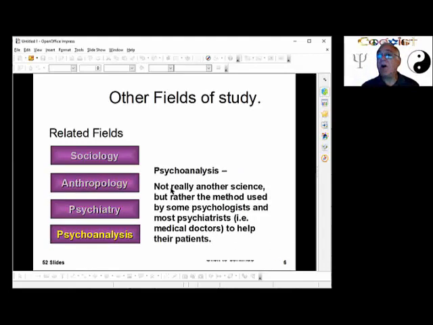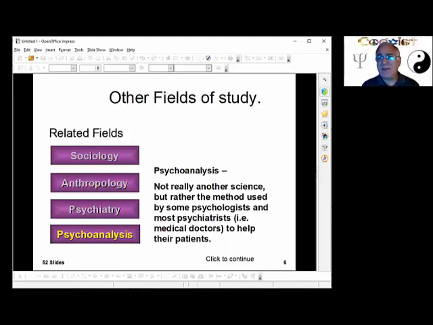Psychoanalysis is the talking cure. It is the way that psychiatrists will do therapy when they do therapy. And it is Freudian. It was created by Sigmund Freud. And we will talk much more about psychoanalysis because it is one of the methods that even psychologists use to help a patient through their problems through talking about it. Although it does work, and there are psychologists and psychiatrists that use it, so it's useful.